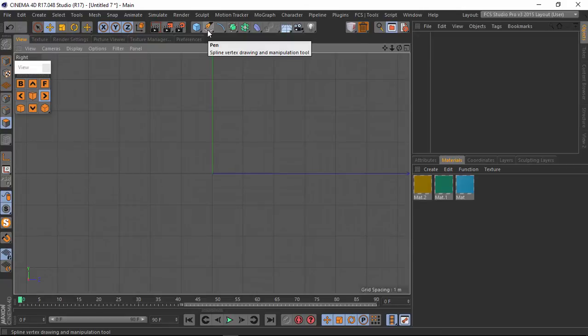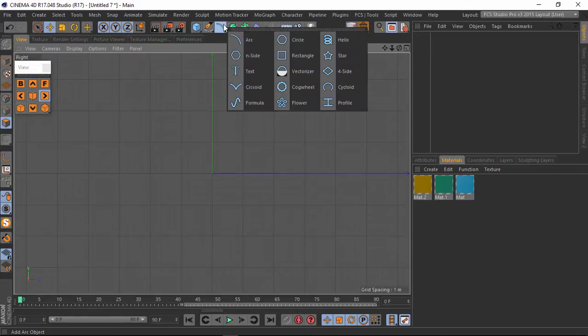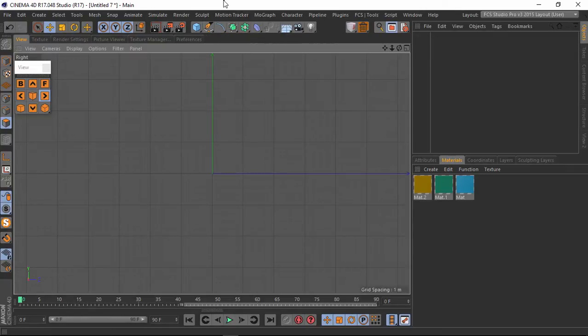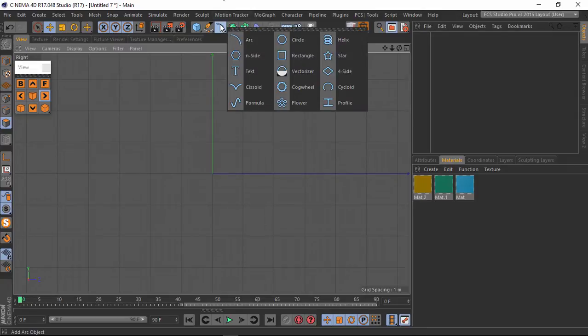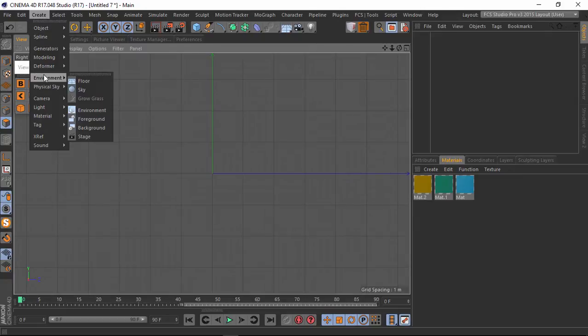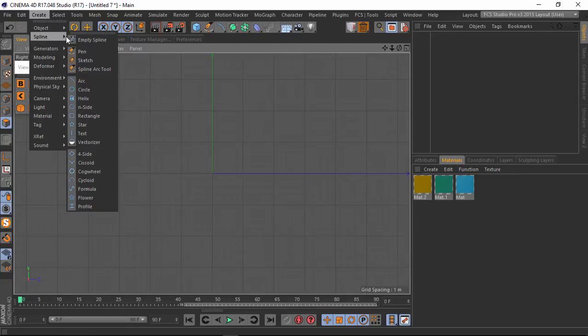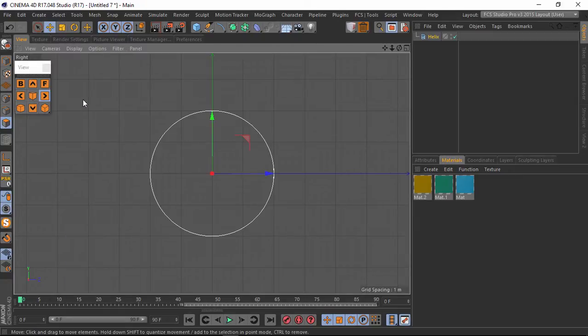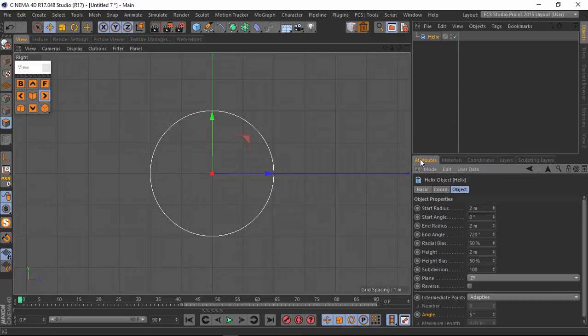We're going to go into the Spline tool here. Now if you don't know where to find this, guys, go to Create and go to Spline Helix. I hope I pronounced that right. If I did not, please put in a comment to tell me how to say it properly. Okay? So next we're going to go inside your helix, go to attributes,